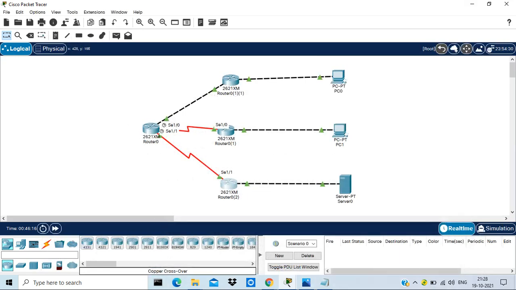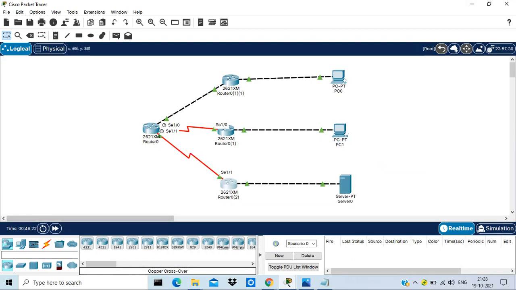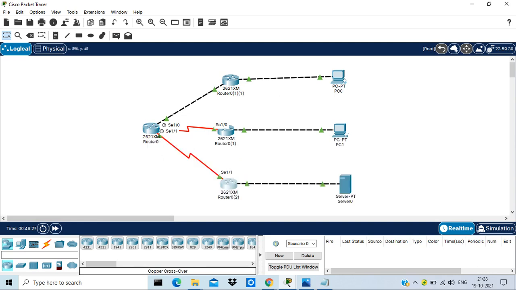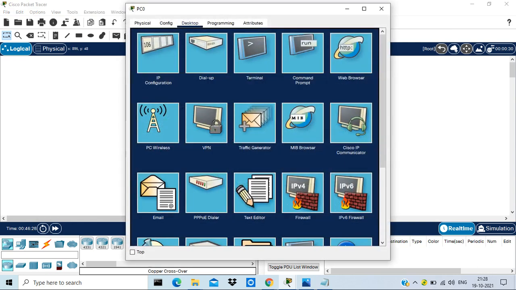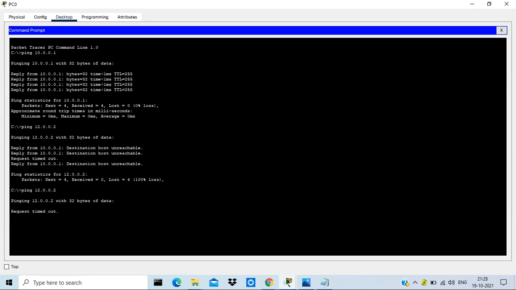And if this route works properly, but actually it will not work right now because I have yet to configure this head office router, because the packet will move to this router. We can try and check if I ping from this PC1. I'm pinging the FTP server. Let's see whether we can get any reply or not.